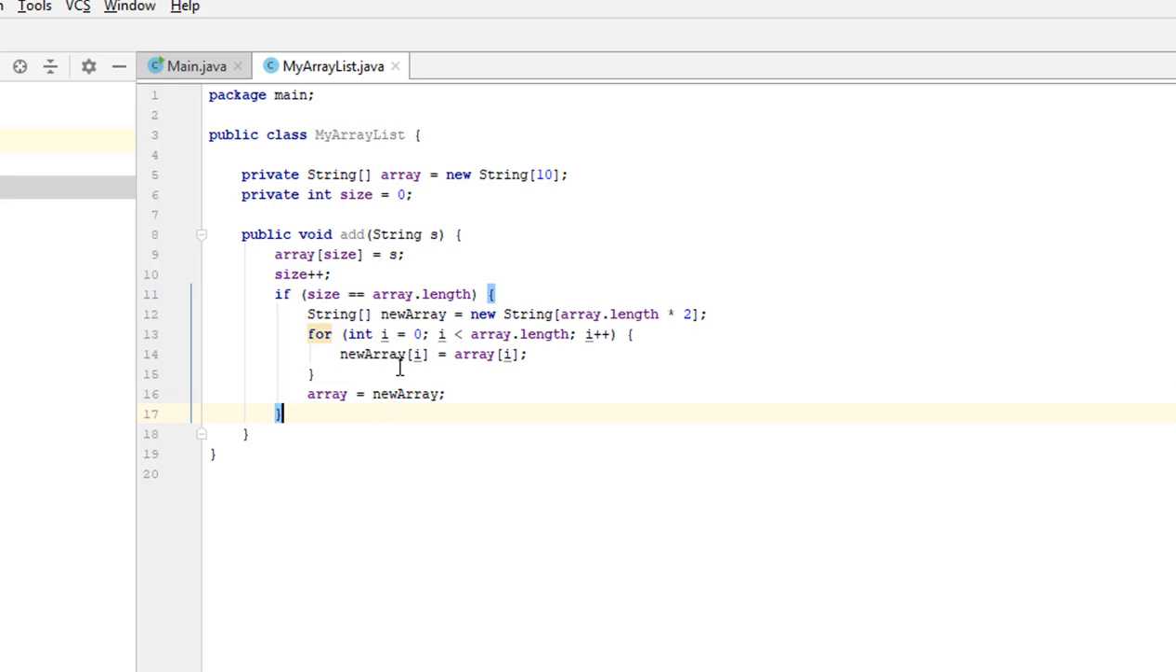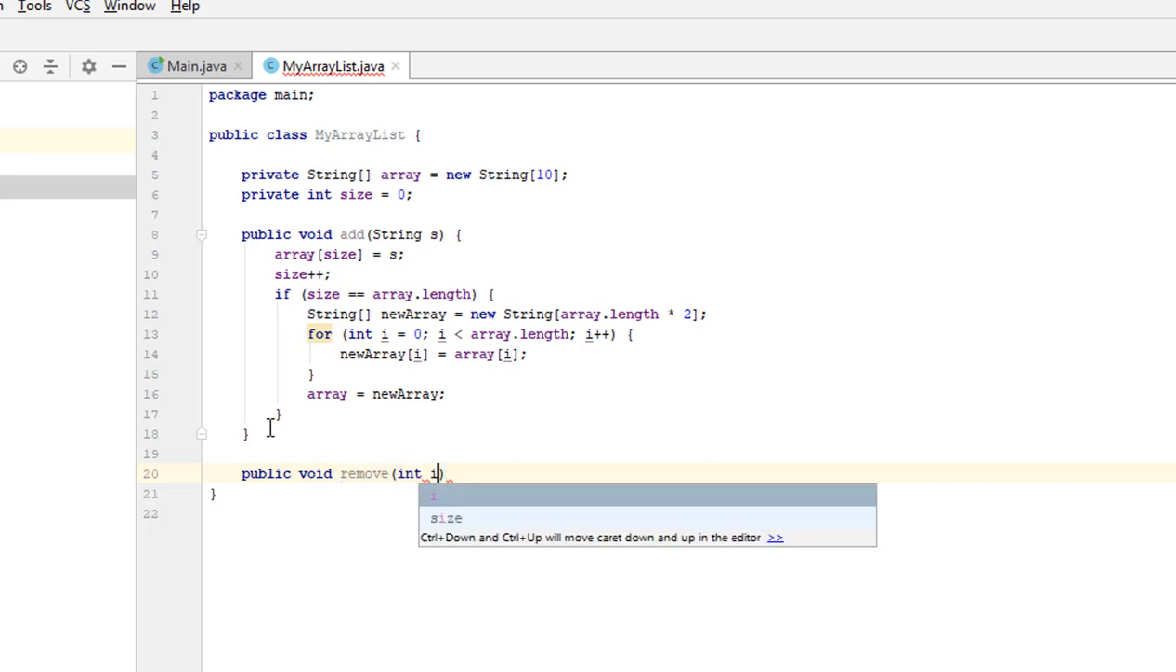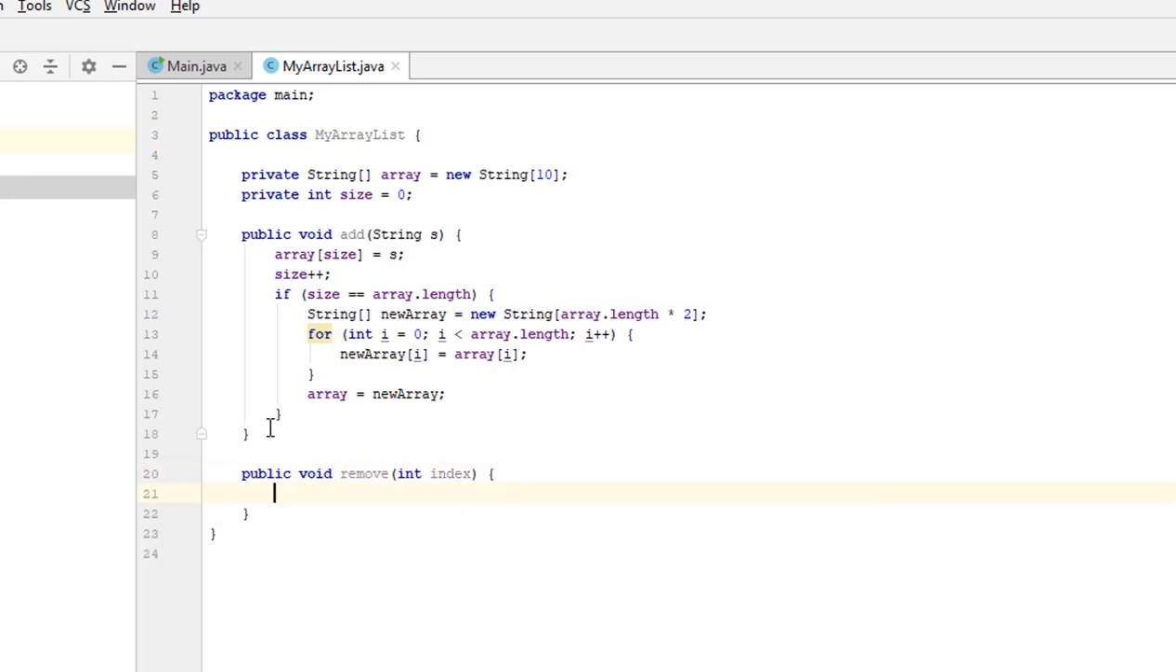Now let's create method remove, which will remove the elements from an array by its index. It won't return anything and it will be public. As a parameter, it will accept the index of an element. Let's recall what this method is supposed to do. If we want to remove an element with index 5, it will take the array element with index 5 and assign it the value of the element with index 6. Then it will take the element with index 6 and assign it the value of the element with index 7